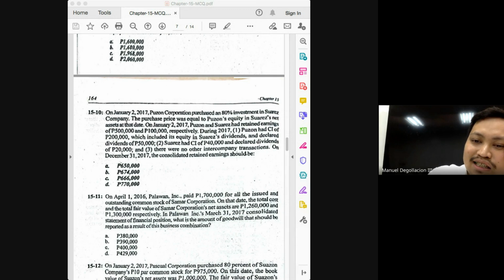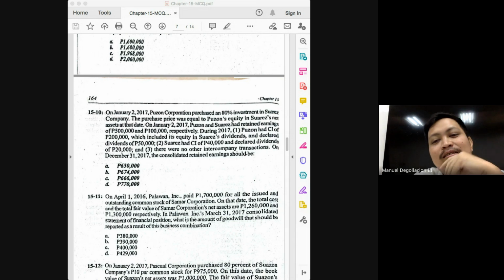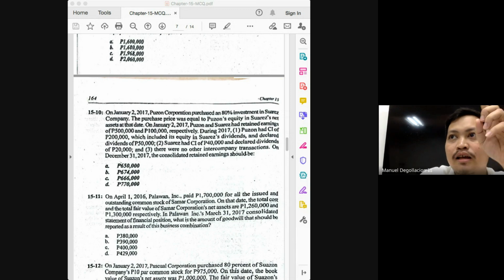So that's 6 questions. 7? Okay. Then we can even have 8 also, class. And class, the good thing with this problem is there are no adjustments needed for the income of the subsidiary. So how else can we complicate this problem? There may be instances that there will be a need to make adjustments to the income of the subsidiary.